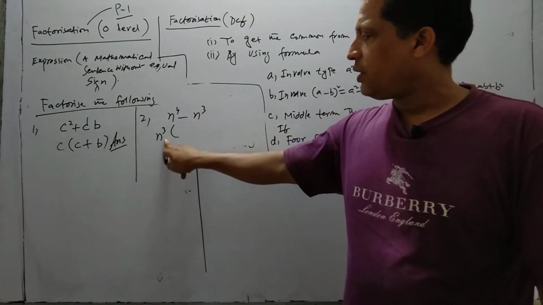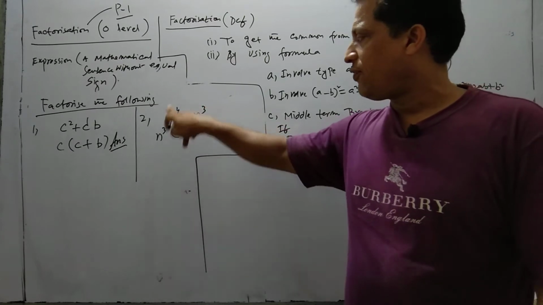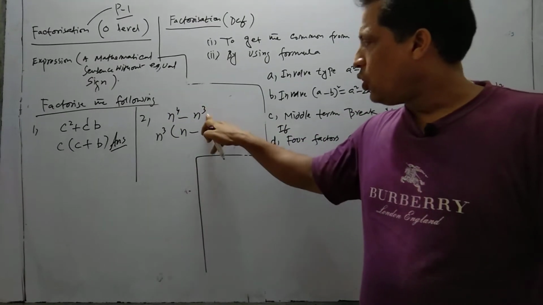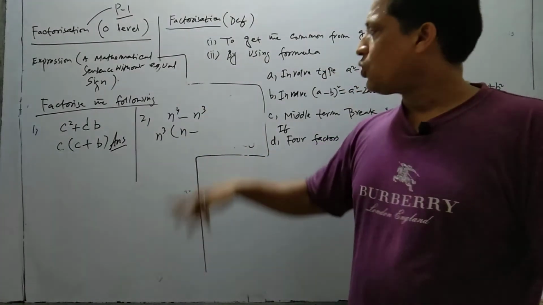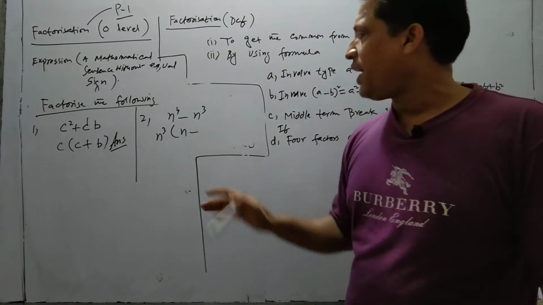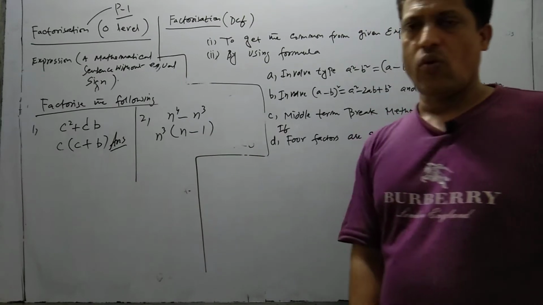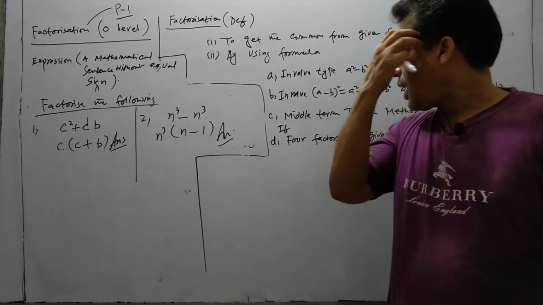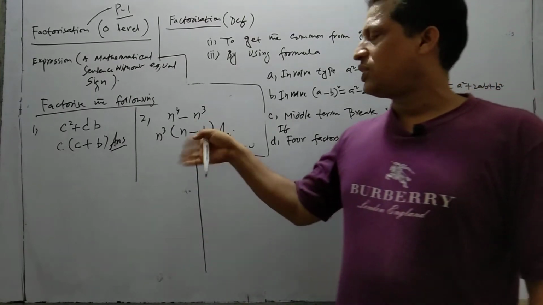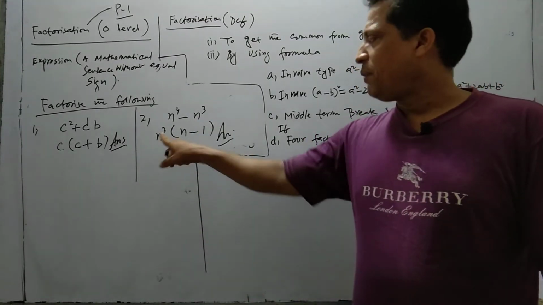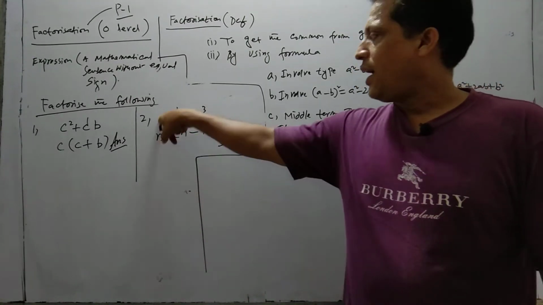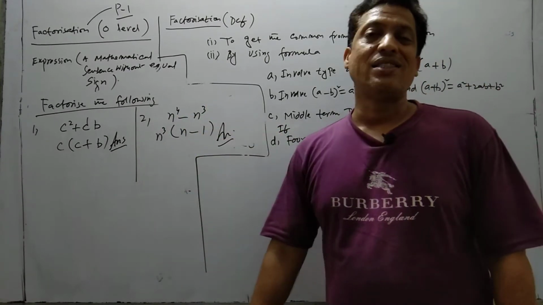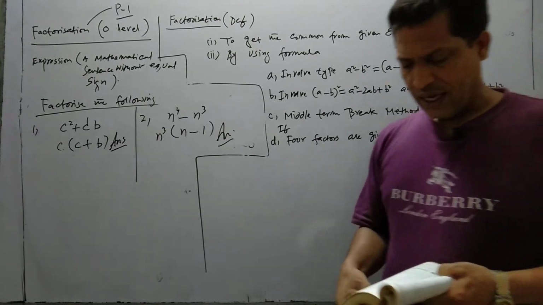This is n4, this is n cube. If you divide n4 by n cube, you get n. And this whole n cube is outside, so there is no term left on this side. The only term is 1. This is your final answer. Again, if you have doubt whether your answer is correct or not, multiply n cube into n, n4, n cube into 1, n cube. So it means your answer is 100% correct.